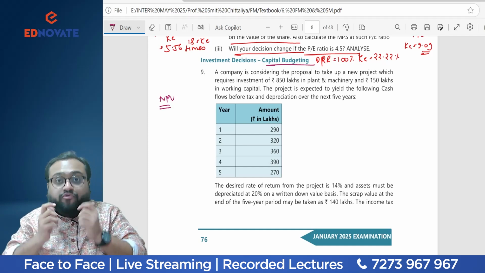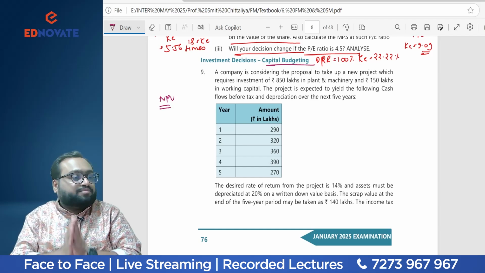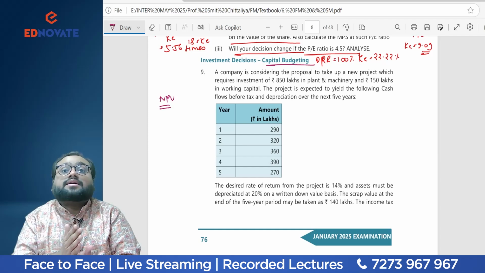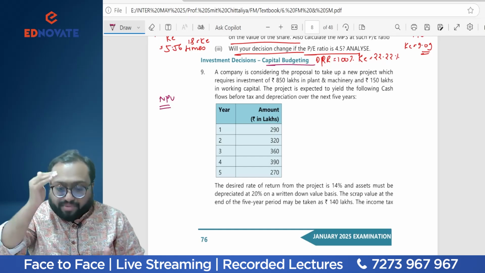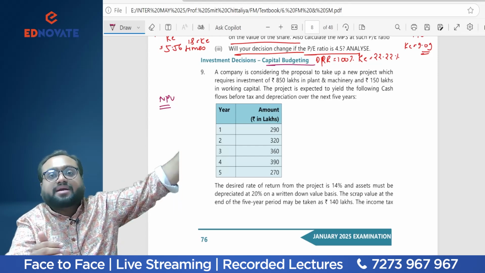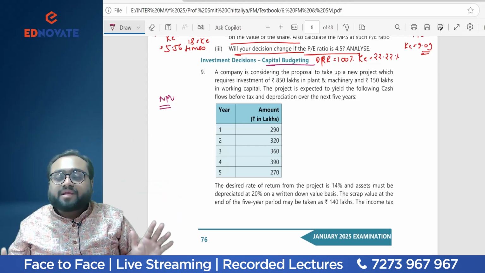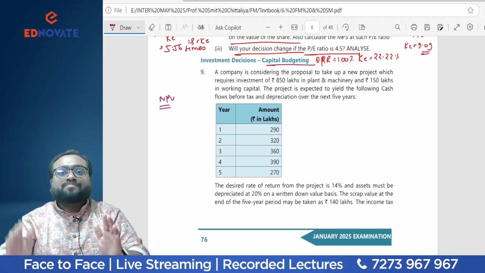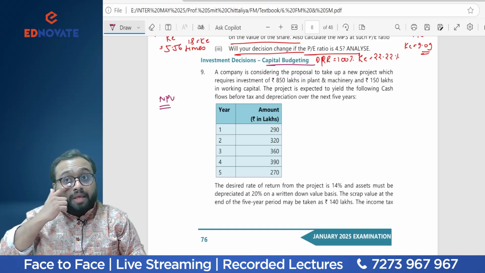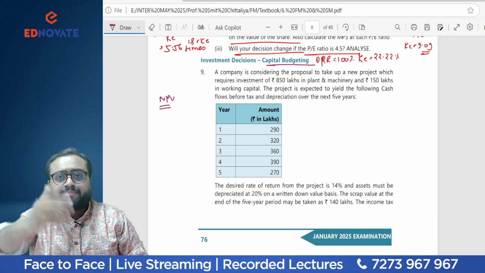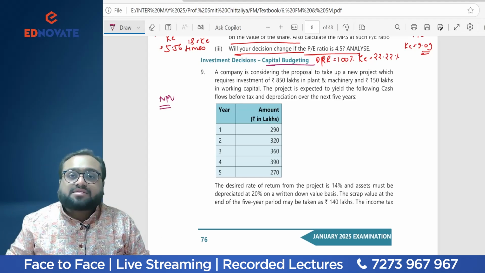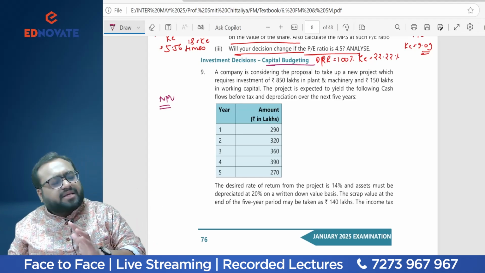So how to find out outflow? Whenever you see the question of capital budgeting, boss, I'm very damn sure how to solve this question. Always think what are the expenses that are going to be incurred at the start of the project. That will be your present value of cash outflow. And what inflows are going to be received at the end of each year during the life of the project. You need to discount them to the present. It's very simple. You think what is outflow, what is inflow. The things that are outflow at the start of the project will be the present value of cash outflow. And in the future, as the project runs, at the end of year 1, 2, 3, 4, revenue income minus revenue expense, you will get your cash inflow. Very simple, very simple.